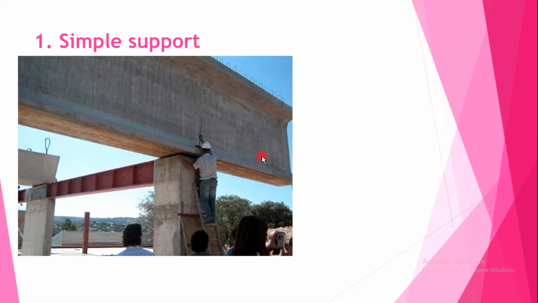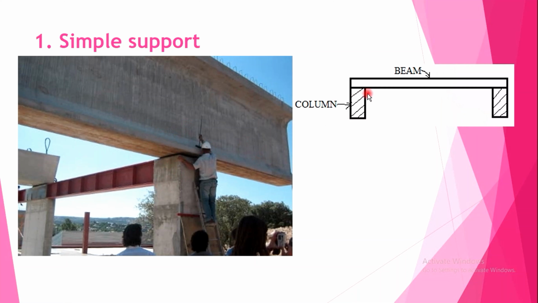In a two-dimensional figure, we can draw the simple support like this. Here we have two columns and above that one beam. There is no connection from beam to column. It is just placed one above the other. For this beam, if I apply a vertical force, the beam will not move along the y-axis because there is a restriction from this support. But if I apply a horizontal force, it will move in the horizontal direction. If I apply a moment, it will rotate because there is no restriction for that. So we have only a restriction along the y-axis.